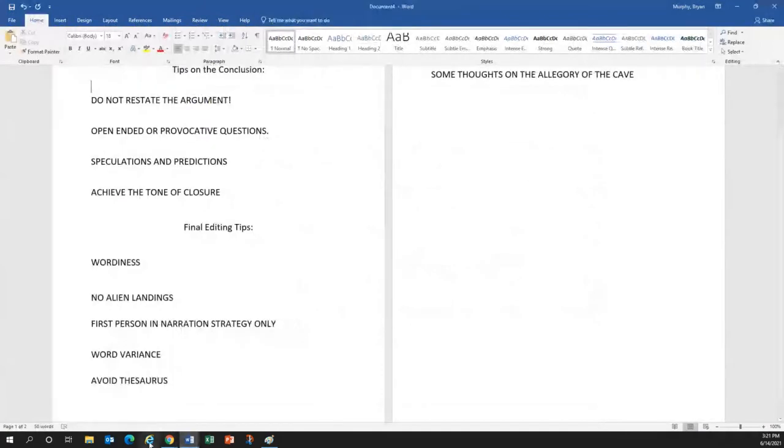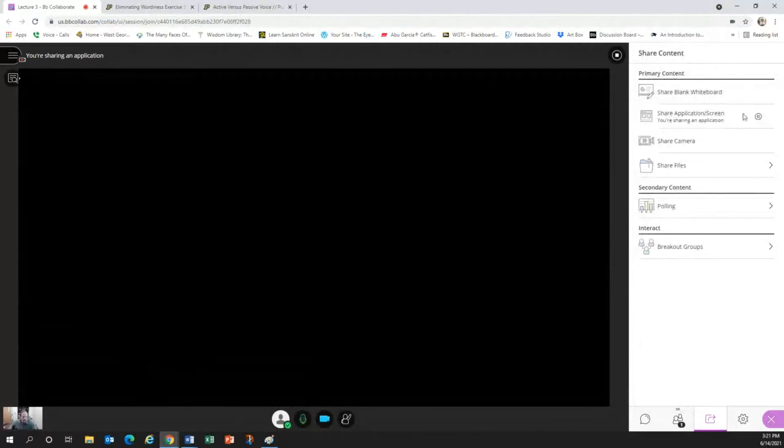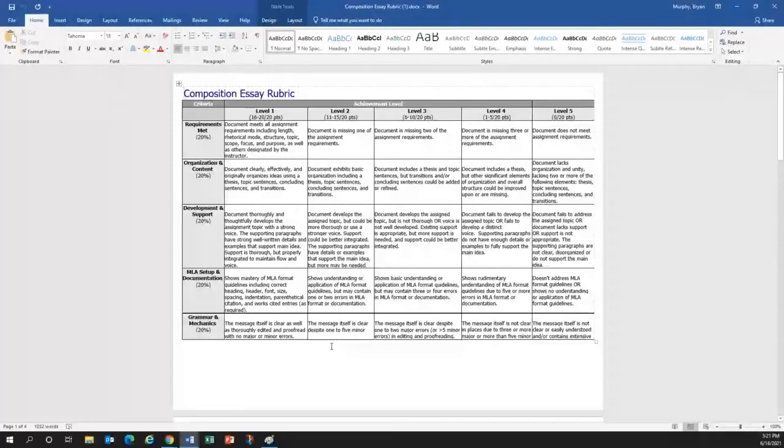So what we're going to take a look at now is the rubric for the essay. All right, so this is the essay rubric. And I will include in the comments on your essay why you lost points and from which category and why. Okay, like I will explain it. So there are 5 categories, each worth 20%.